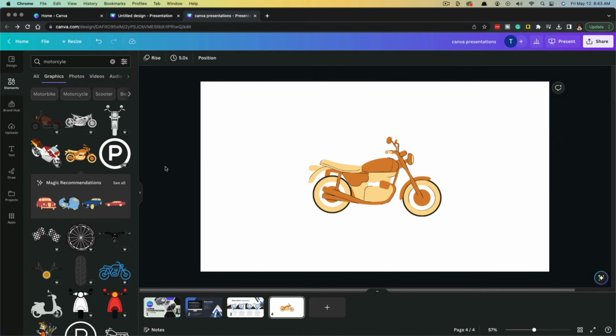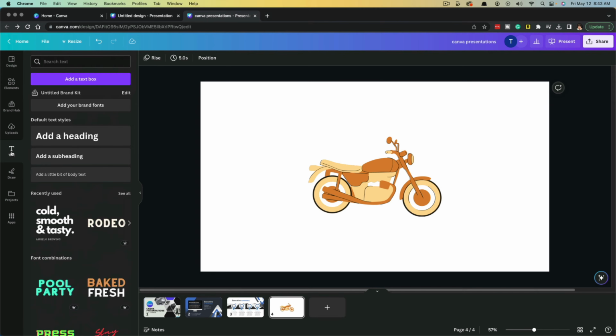Now, we've added the graphic. I like where it is. I've put it where I want it. Now I want to add some text. Well, over here, you're going to see another icon that says text. If we go and click on text here, you're going to see a bunch of different fonts that are available